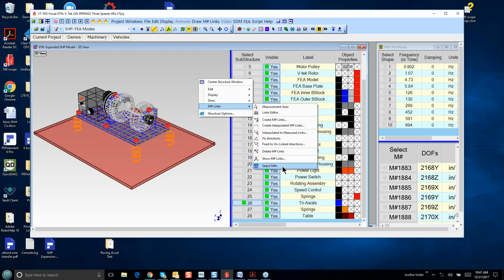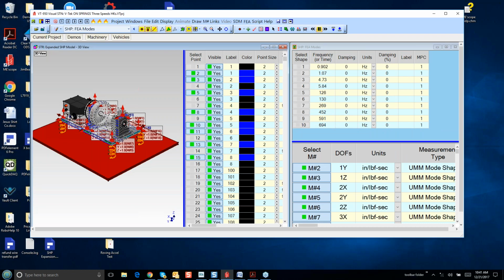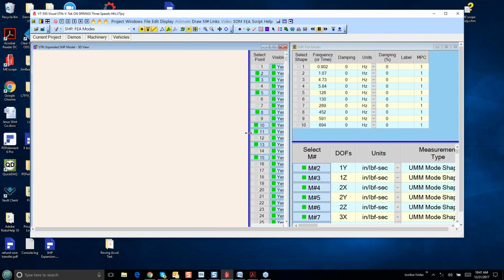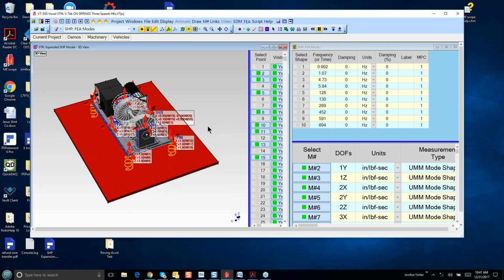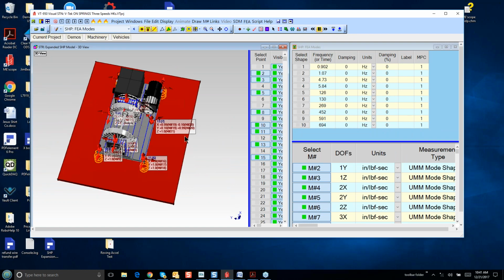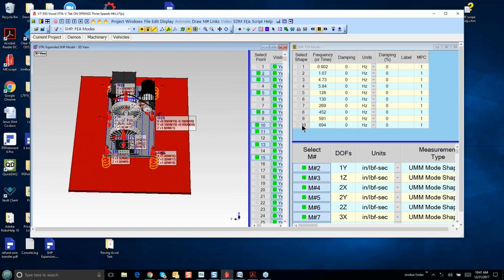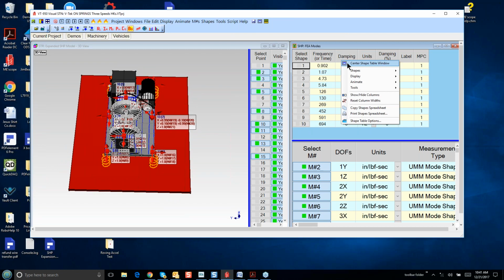Now since I'm connected up to the FEA mode shape table, that's connected to the model, I want to select, and what it's doing is it's going through, these are the links of all those accelerometers. This was set up in the model previously, and now let's go back here in the shape table, I can see which